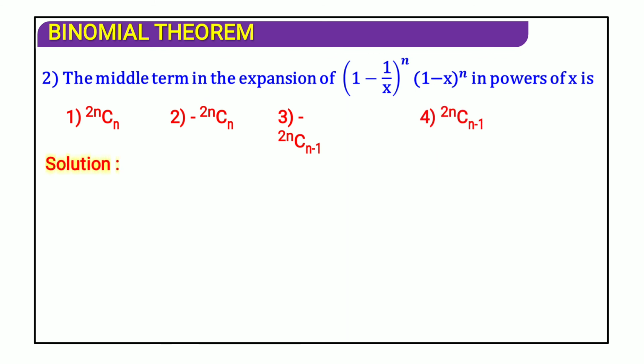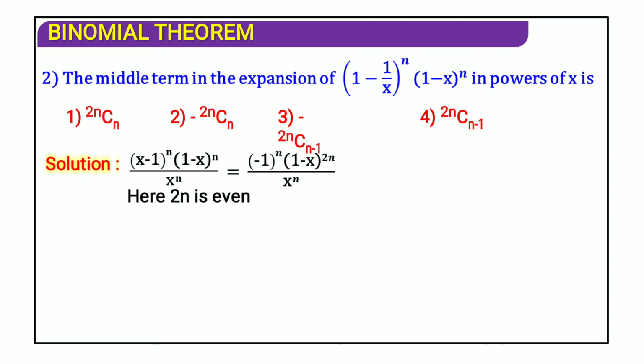See how we'll calculate it. It seems to be like this. I am just taking the LCM over here. It's upon x. So (x minus 1) whole power n... (1 minus x) to the power n, minus 1 to the power n can be taken out common from here. We'll get the 1, same thing.